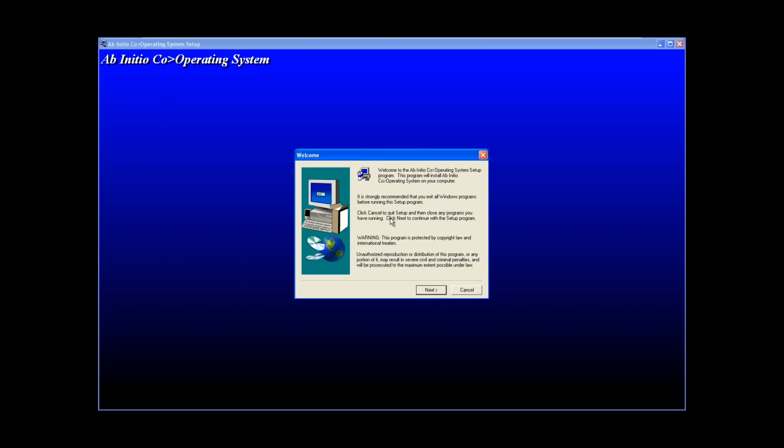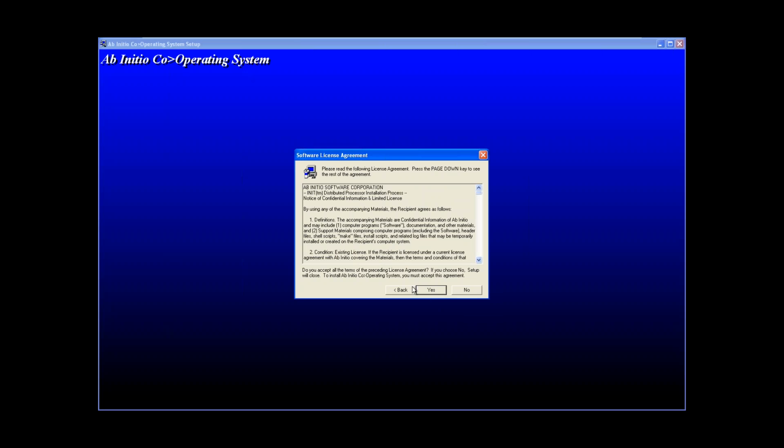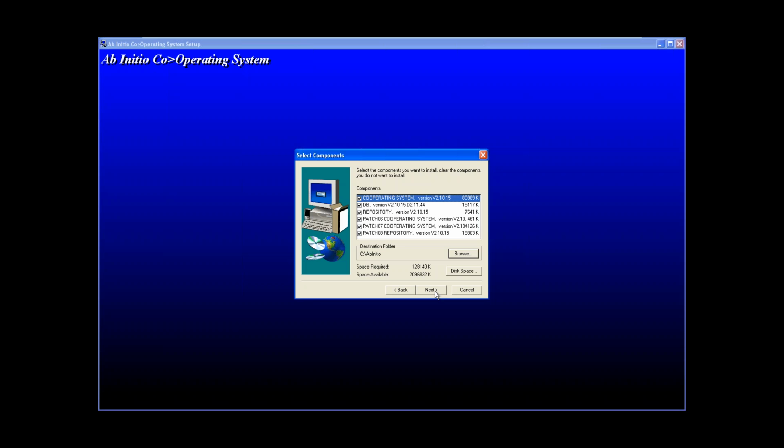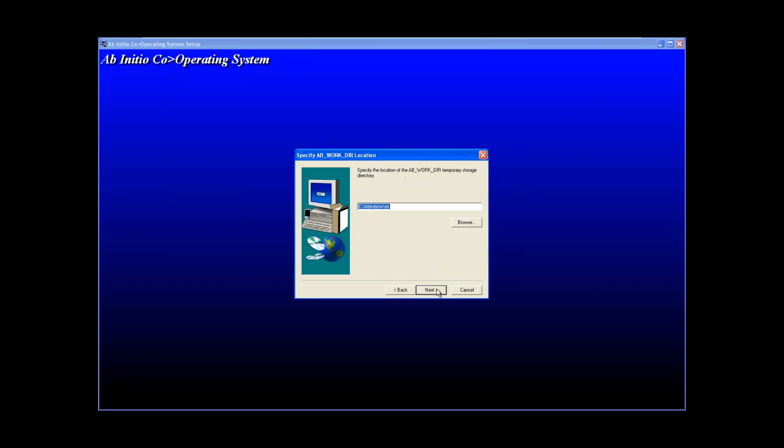Okay, so now I am clicking on next. Accept the license and all. It will show the versions: the co version, DB version, repository version, everything supported by this. Like Ab-Initio worker, this is the